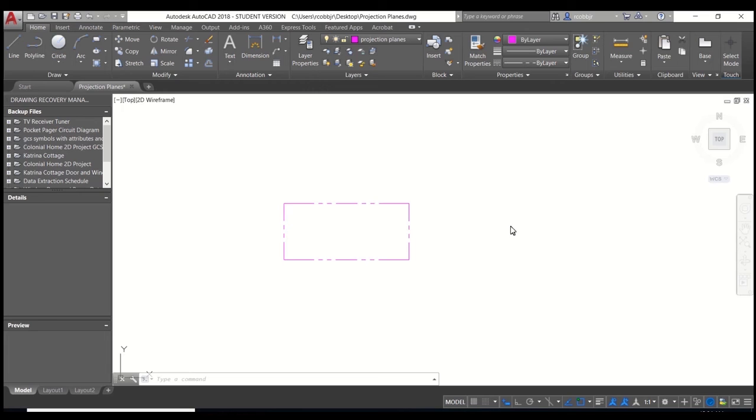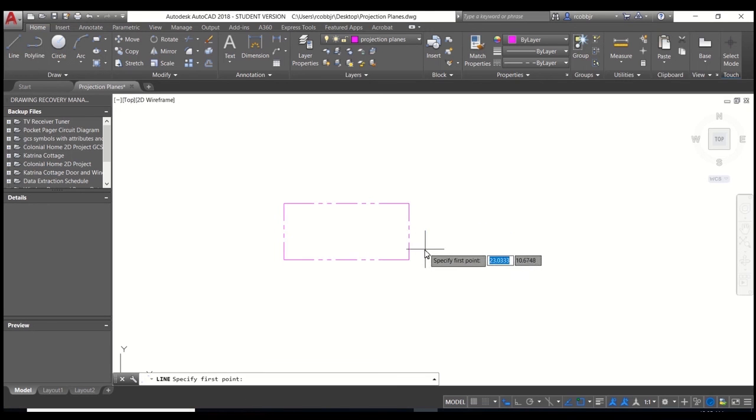Next, we will create the projection plane for the right side view. But before we do that, we have to make sure there is enough space between the front projection plane and the projection plane we're going to create for the right side view. And we're going to make sure there are at least 3 inches of distance between the front view and the right side view. To do that, we're going to use our line tool that's in the Draw section of the ribbon. So we'll click on the line tool